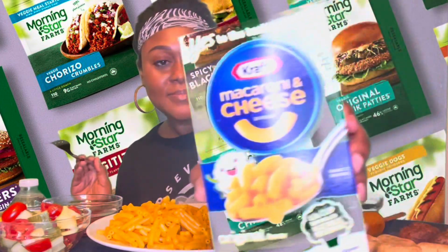All right, guys, so I'm hungry. I just came back from physical therapy, and then I had to put this together. And so I'm hungry. So I'm hoping that this is good, because the worst thing is when you're hungry and the food's not good. You just feel so dissatisfied. So what should I try first? I think I'm going to get into the pasta, because it seems like pasta gets cold quickly. So this is the macaroni and cheese